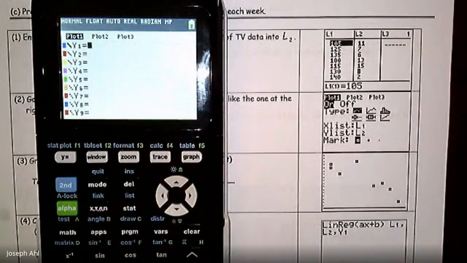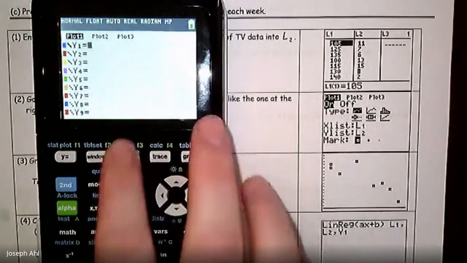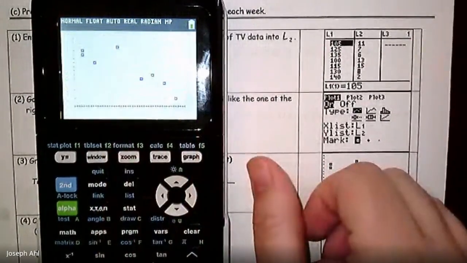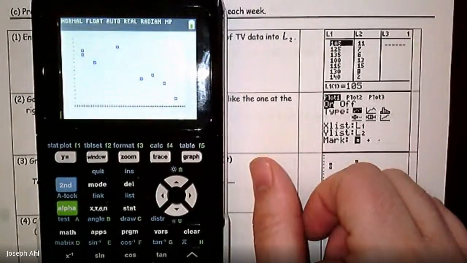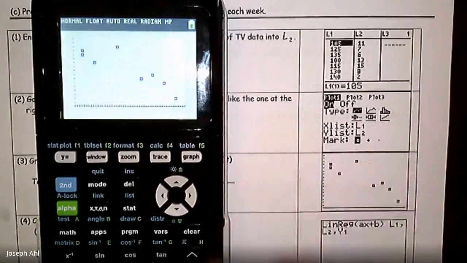Okay. So I'm going to clear up my Y equals, and I'm going to hit zoom 9. Zoom 9 is a representation of what that data would look like in a scatter plot. So now that we have that, you can see actually how that matches this down below,